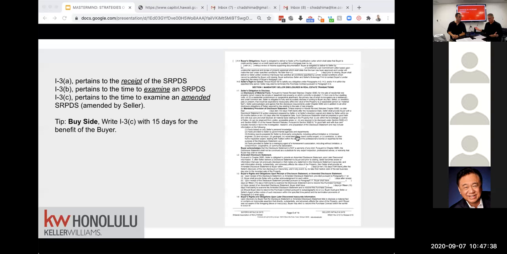Because once you pass the timeline, it's too late for your buyer. The other thing too, to that point, is when you're on the buy side and you're negotiating some of these things to be repaired, it's always advisable when you make that request, whether it's a plumber, electrician, or an AC guy, get someone who's licensed, a licensed contractor who's licensed to do that work, because then you come down to